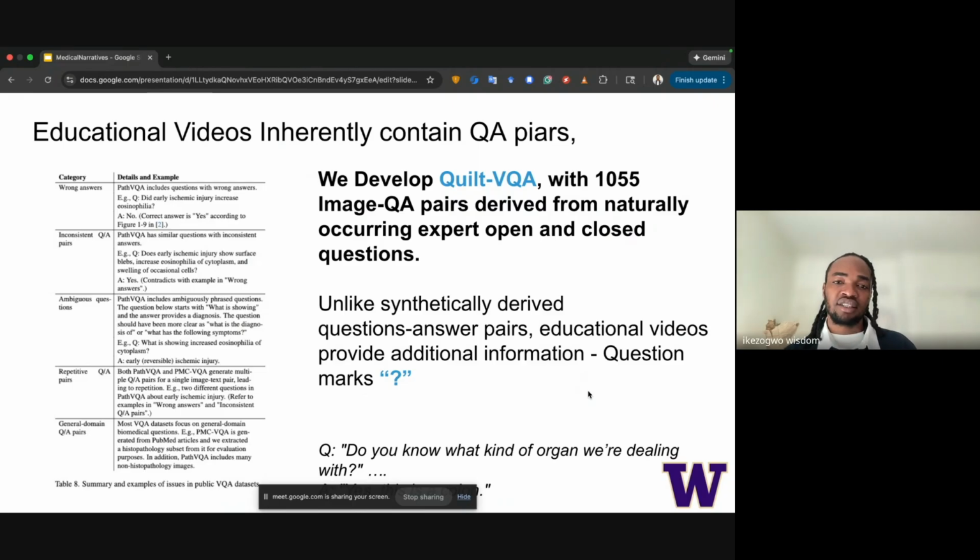And unlike synthetically derived question-answer pairs, educational videos provide additional information, and we're able to identify questions using the question marks in the actual narration. And after quality checks, this particular benchmark avoids issues from prior benchmarks like wrong answers or inconsistent pairs and so on and so forth.